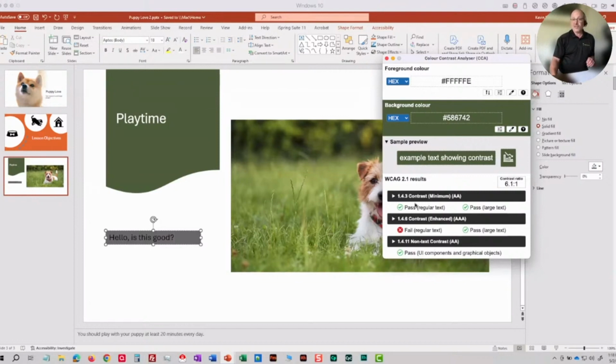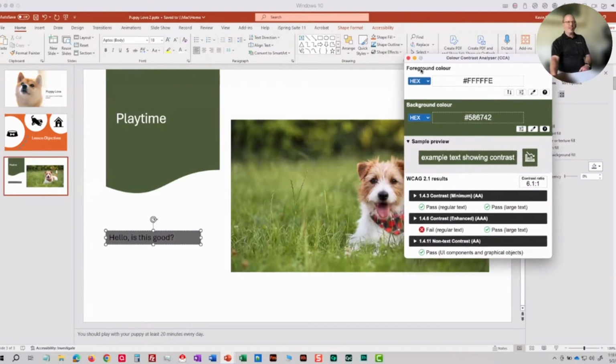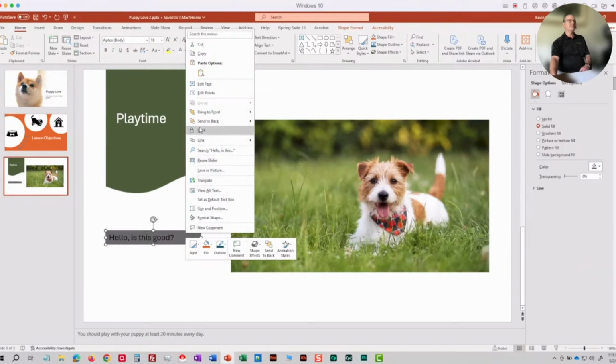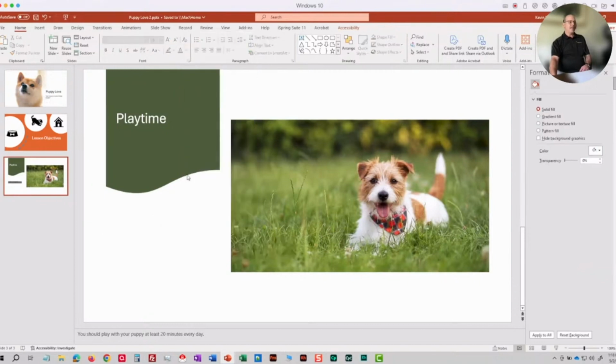So the US federal government says you've got to be AA WCAG compliant. That's what they mean. And this wonderful little utility is going to take care of that. So hopefully everybody's digging that. I'm going to get rid of that analyzer, and I'm going to delete this. And again, I'll save my work. So there we go. All right, now, I definitely want to add some audio using text-to-speech because it's just so